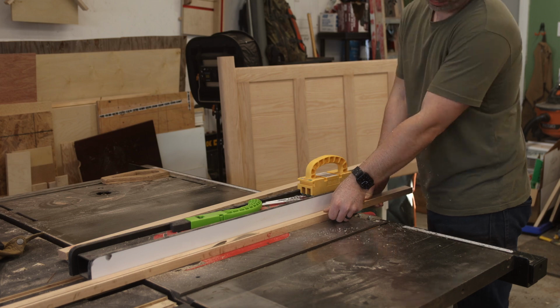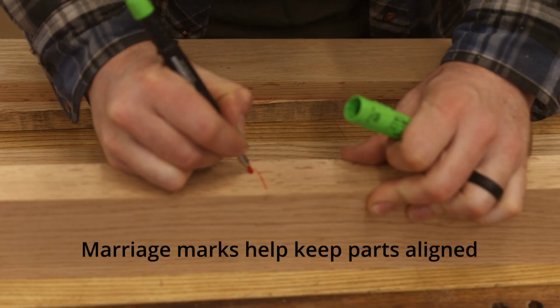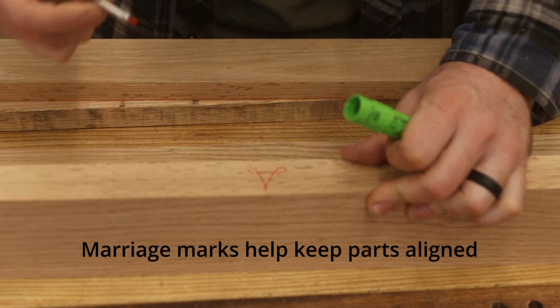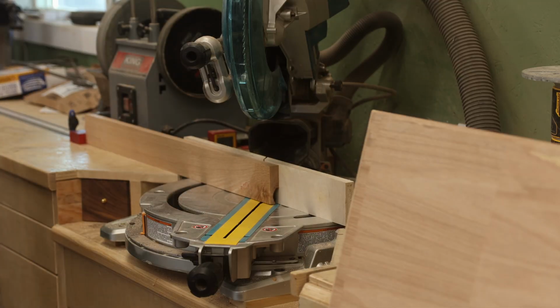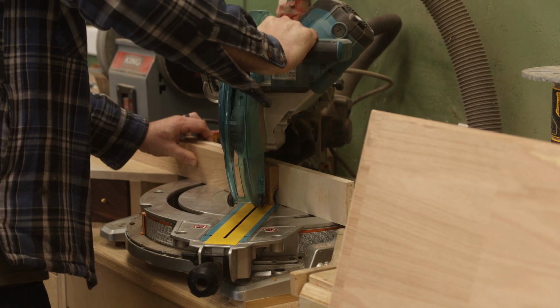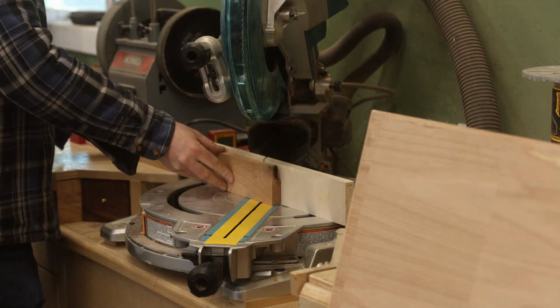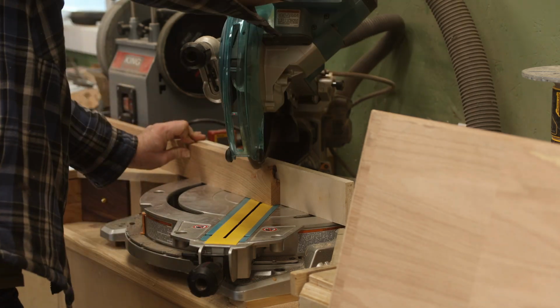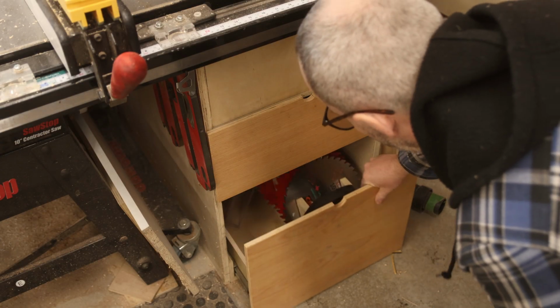I'm building this for a friend of mine, and he's chosen to have it made out of red oak. It's a strong, good-looking, and relatively inexpensive hardwood. Of course, if you're making this for yourself, you can choose anything from the cheapest lumber that you can find at your local home center, all the way up to the finest walnut or exotic hardwood lumber. After getting most of my material prepped and roughly cut to size, I followed my plans and cut my 45-degree